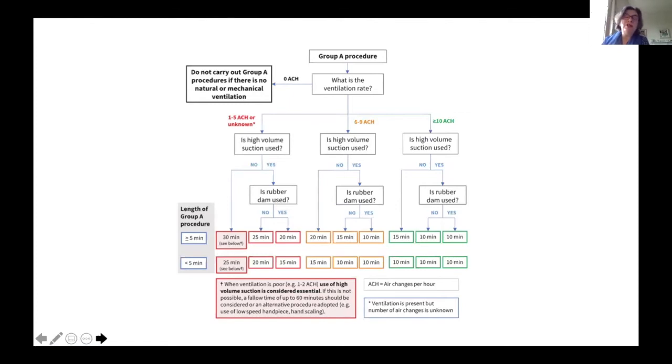What's important to mention here is that these decisions were not made just by dentists. It included people from the National Physical Laboratories, aerobiologists, virologists, and so we were working with the UK's experts in this area. And I suppose when I was an undergraduate, the most exciting thing was to imagine producing research. And then I didn't even think that people wouldn't use it. Well, that's not the case.